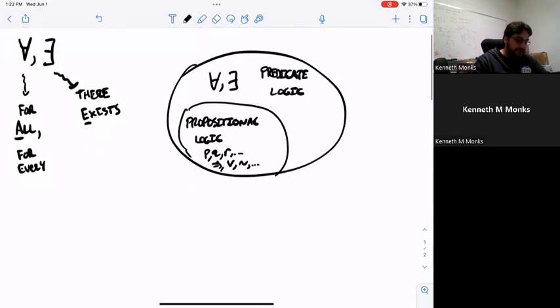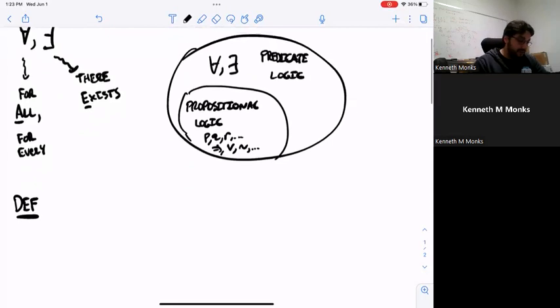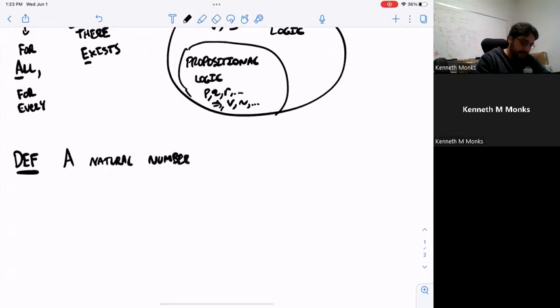So I want to show how this works a little bit in some examples. One really nice place where quantifiers come up often is in definitions. They're very, very useful for defining ideas. So here is an example of a definition that would involve a quantifier. Suppose we want to define what it means for a number to be even, a concept we're super familiar with, right? So you could say a natural number n is even, right? If and only if